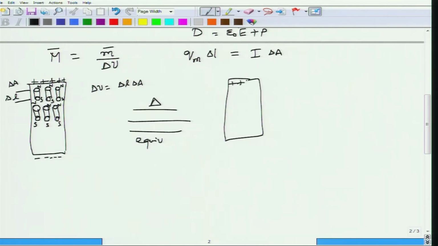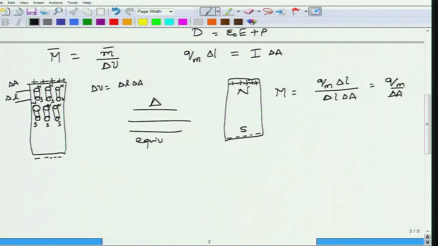big dipole with all fictitious charges at the top and all negative charges at the bottom. Okay. So, these top charges are the north pole and the charges at the bottom are the south pole. So, what is the magnetic moment? Magnetic moment is Qm into delta L. Okay. So, what would be the magnetization vector M? The magnitude of the magnetization vector M will be Qm delta L divided by delta L delta A,